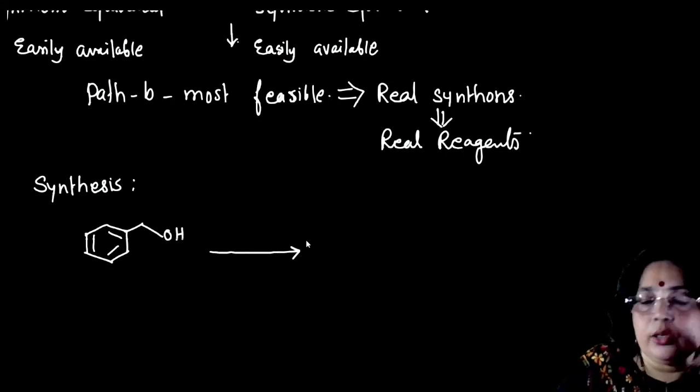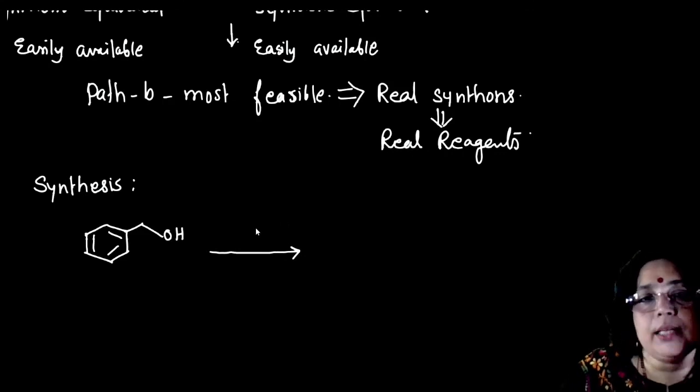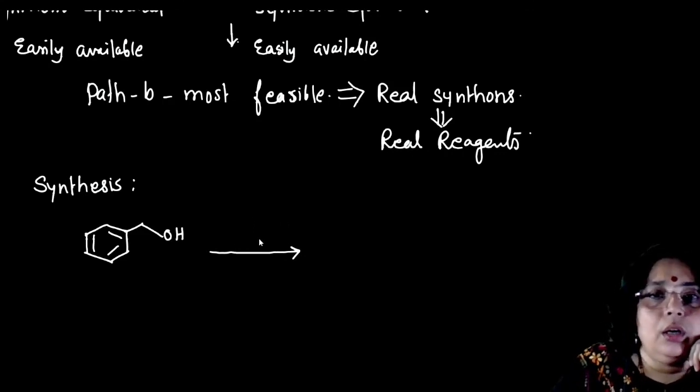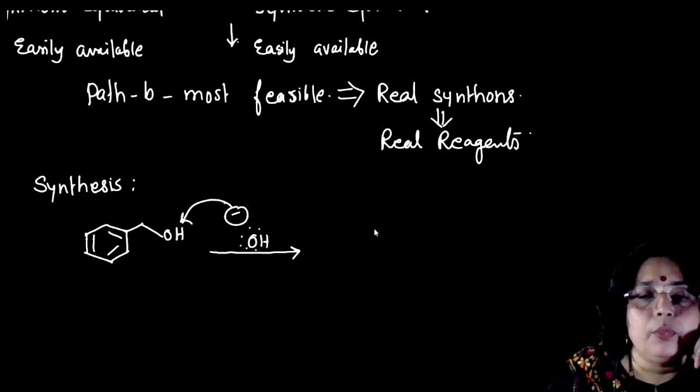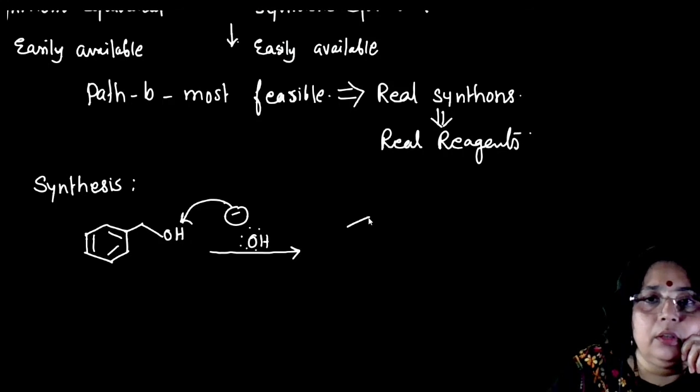As I told you, it is a base catalyzed reaction. So you can use a base over here, and this base will abstract the proton from here, and you will get the formation of